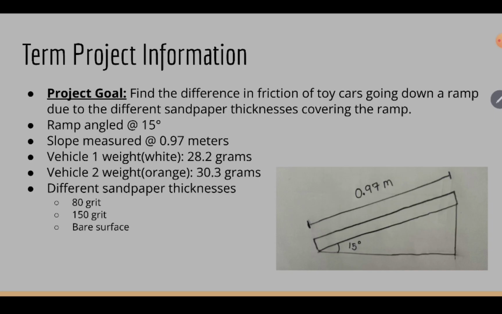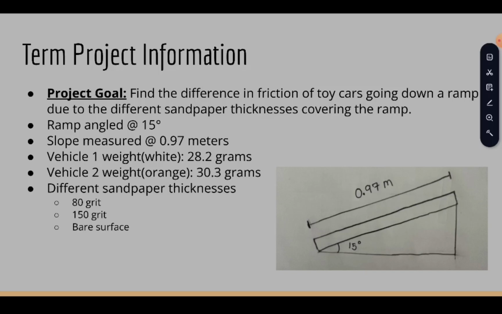let's get a little bit of project information. We wanted to find the difference in friction against these two different toy cars as they went down a ramp. The ramp would have different grits of sandpaper covering it so that we could measure and find some different coefficient of friction, that mu k, as you might remember. We angled this ramp at 15 degrees. The slope was 0.97 meters,